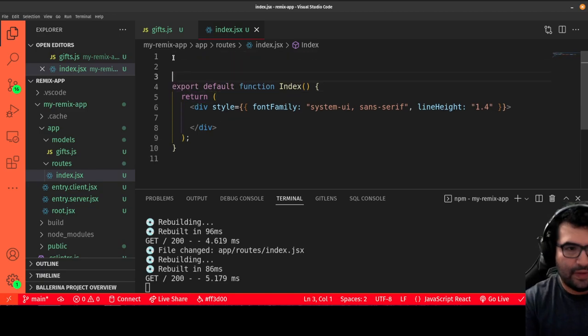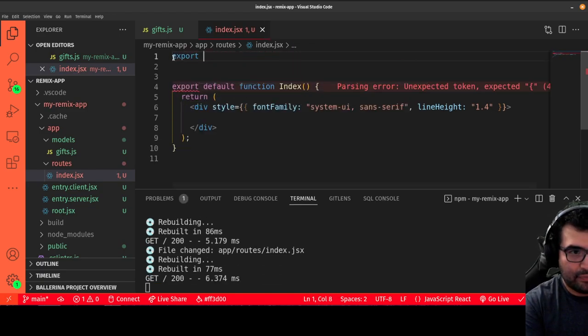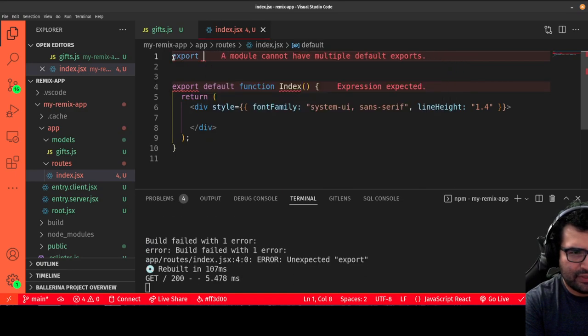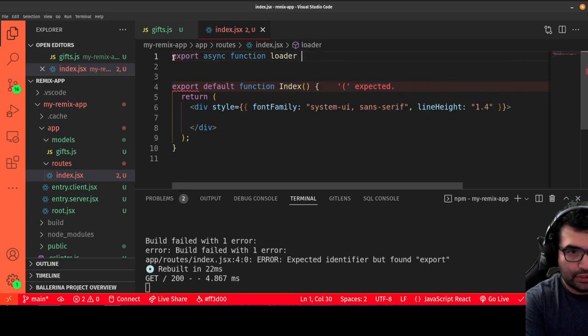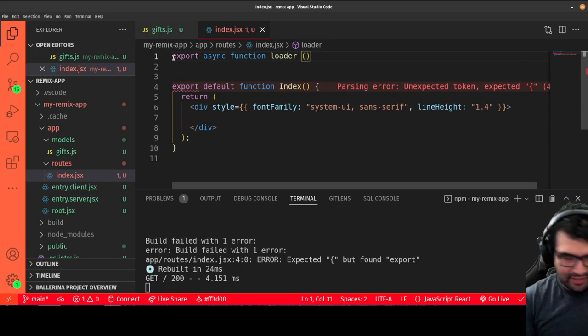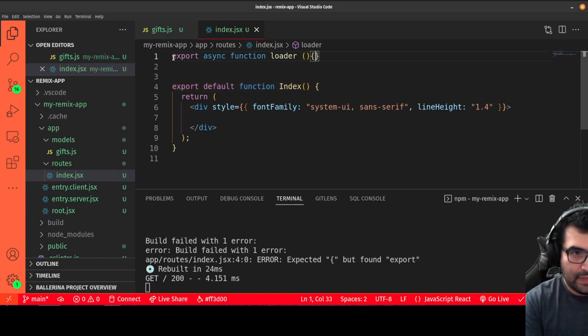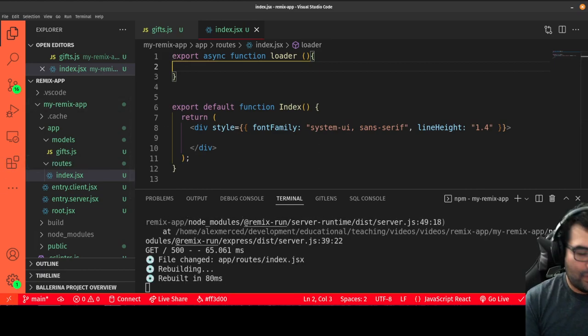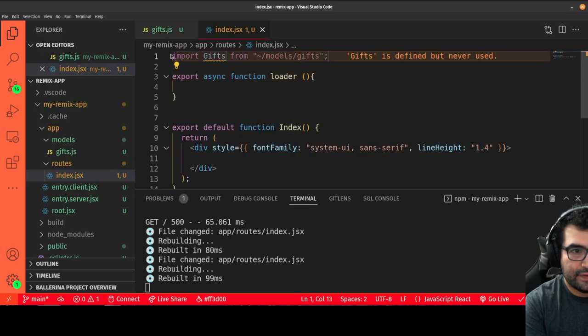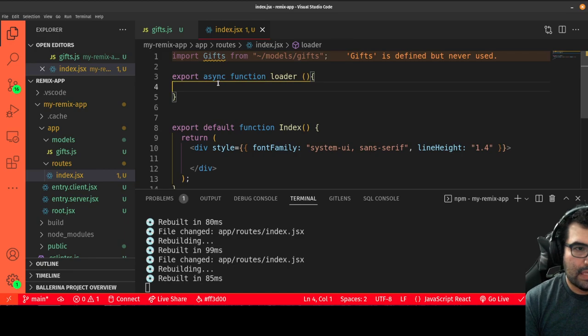Okay, so I'm going to say export default, no, not export default, export async function loader. I don't really think I need any params or the request or anything like that right now. All I want to do is, I should import gifts. So I am going to import gifts because we are going to use that. And what we're going to do is,